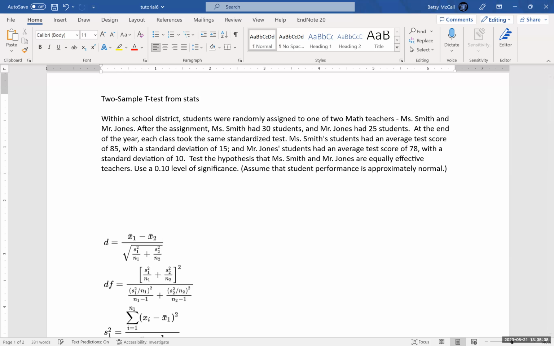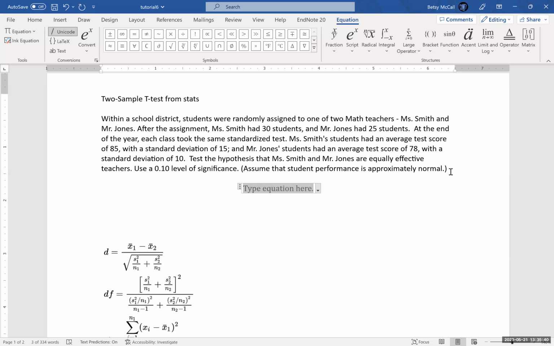All right, so the first thing that we want to do is set up our hypothesis tests. We want to state our null and alternative. Our null hypothesis is that mean 1 is equal to mean 2, and the alternative